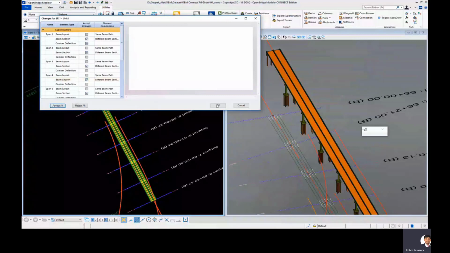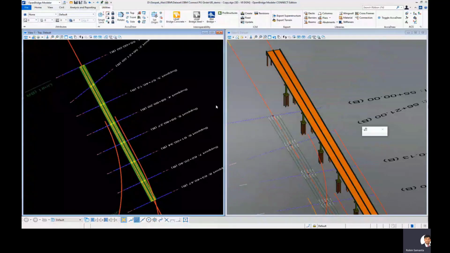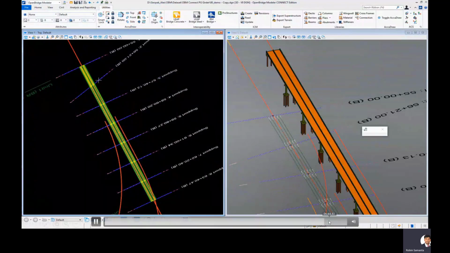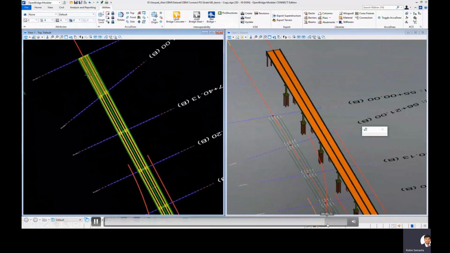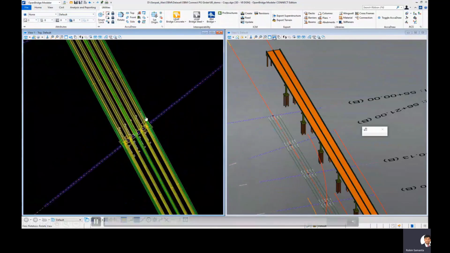It will give you an option to select certain things. But if you select all changes to incorporate in your 3D model, you can update that. Now you can see it's taking a little bit of time. And now you can see that this model is also updated.